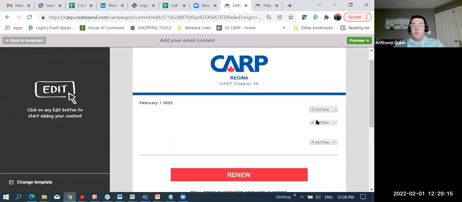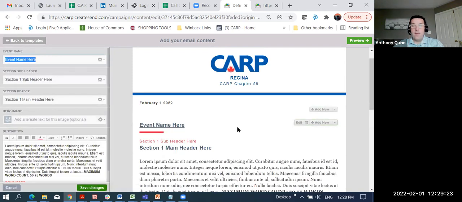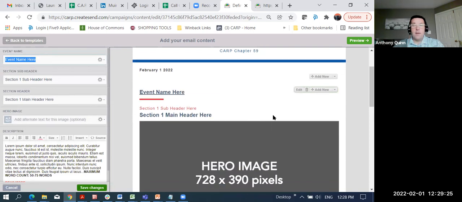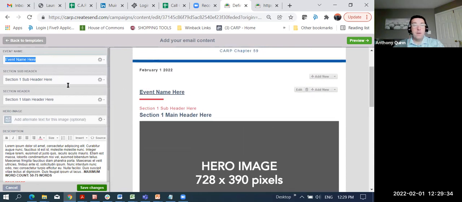So the first thing I want to do is add new image and copy, which is typical of our newsletter layout. And that creates the default where you change the information on the right using the editor on the left. So the event name here is a default. I will change it on the left-hand side to